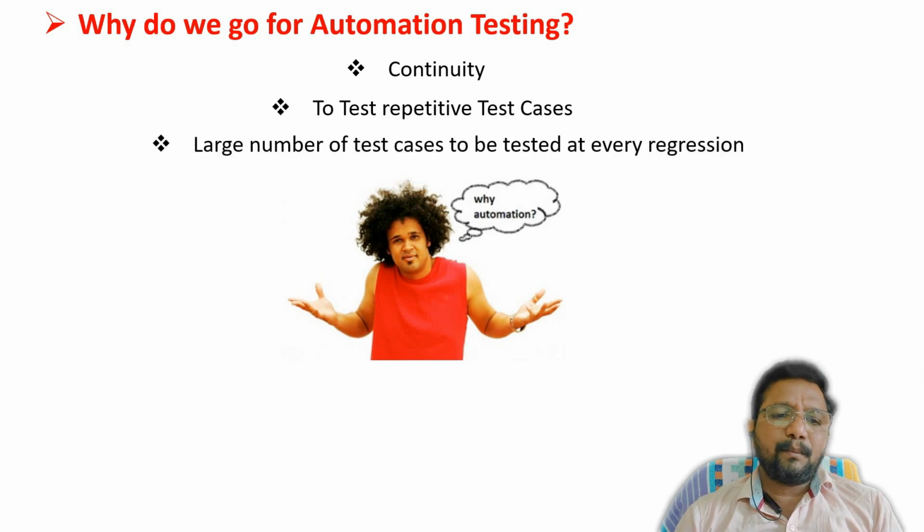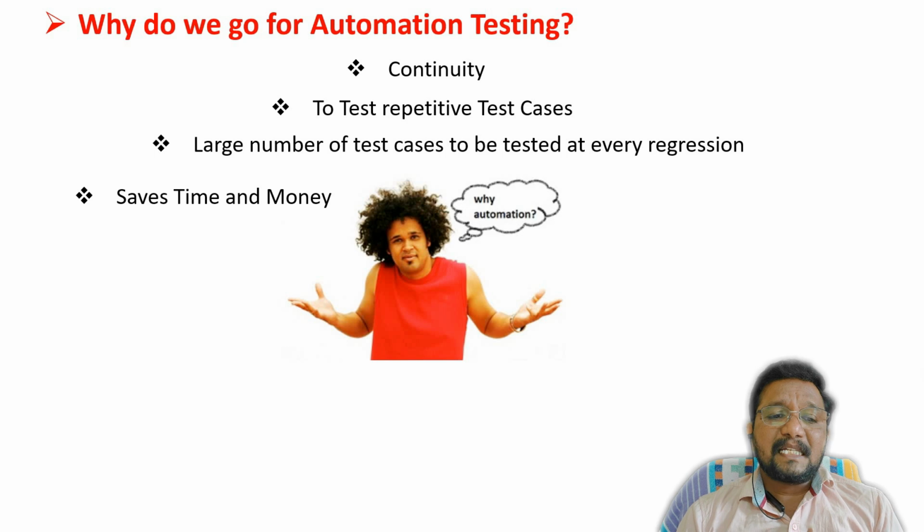The third important point is when we have a large number of test cases to be tested at every regression. Nowadays modern software applications are very large, and we have a large number of requirements. So it is very common to test a large number of test cases at every regression. For that, manual effort is not good enough. That's why we go for automating the test cases. The next important thing is,